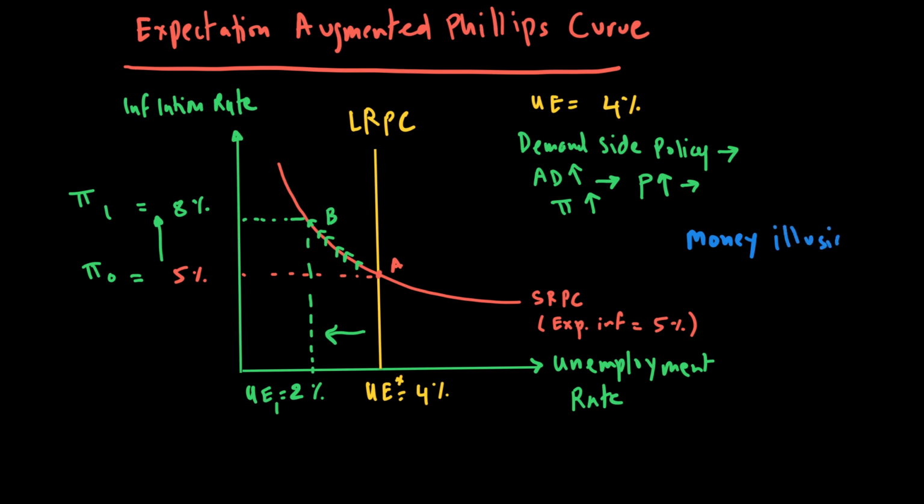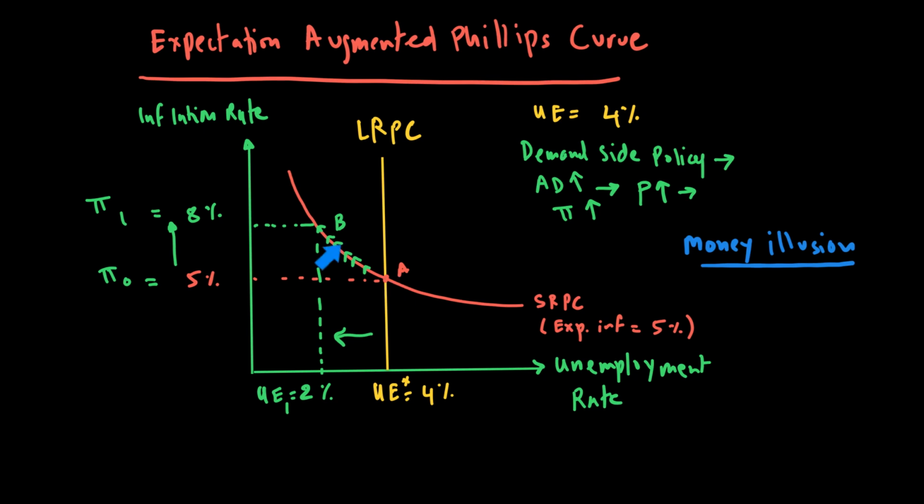This money illusion is the idea that your real wage is going down, but you think that because your money wage is going up, your real wage is also going up. Money wage is going up, why? Because the AD went up, but because the price level also went up, your expectation is 5%, in reality it is actually 8%. Sooner or later, people will augment their expectation. They will realize that the inflation is not 5%, but in reality 8%. When they realize that,